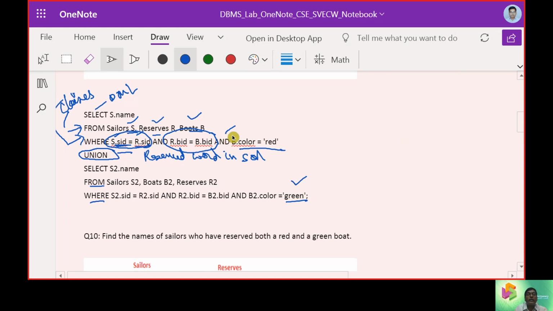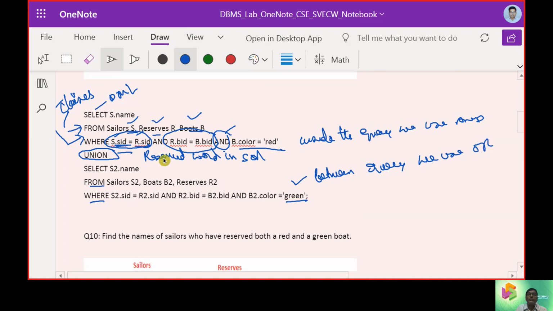Now you should understand we are using an AND operation inside the query, and between queries we use OR. That implies we use a union here.